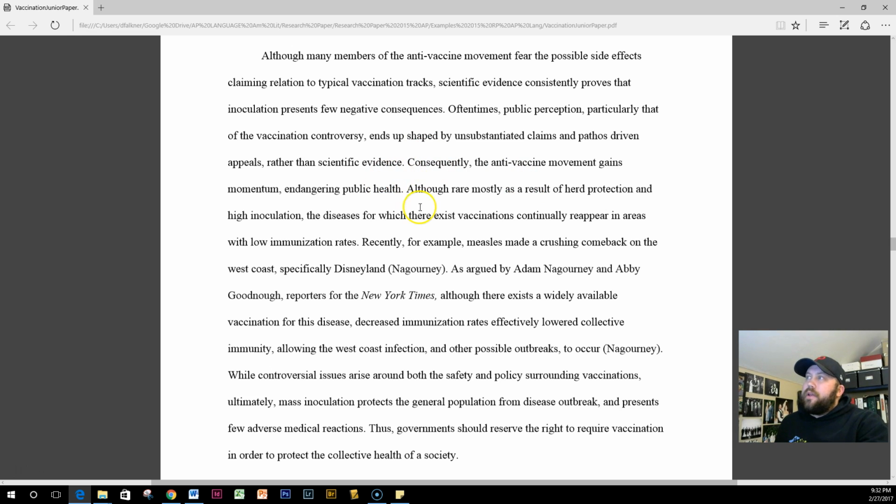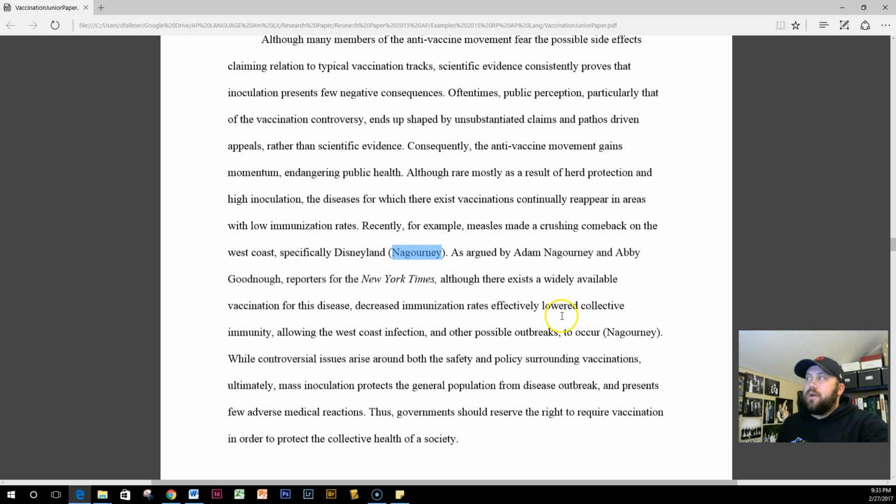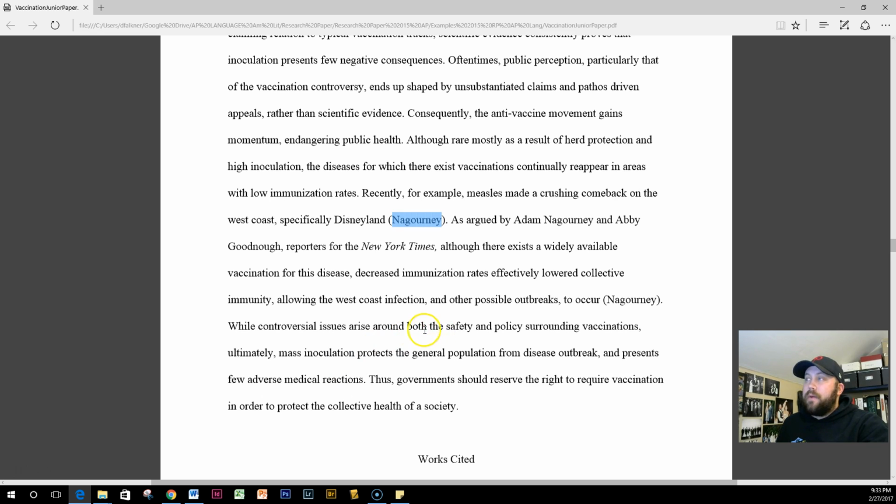And then down here, you see some connecting language, but ultimately it gets down to this, again, time transition. Recently, for example, measles made a crushing comeback on the West Coast, specifically Disneyland, and then a citation there. As argued by Adam Nuguri and Abby Goodnow, reporters for the New York Times, although there exists a widely available vaccination for this disease, decreased immunization rates effectively lowered collective immunity, allowing the West Coast infection and other possible outbreaks to occur. While controversial issues arise around both the safety and policy surrounding vaccinations, ultimately, mass inoculation protects the general